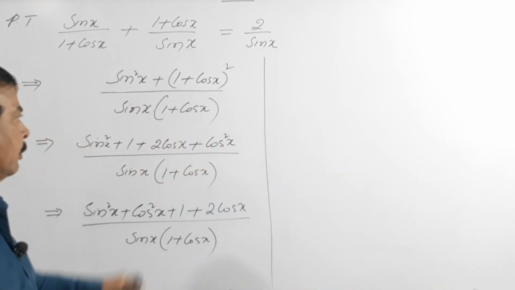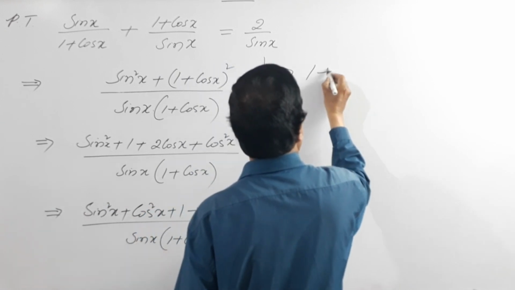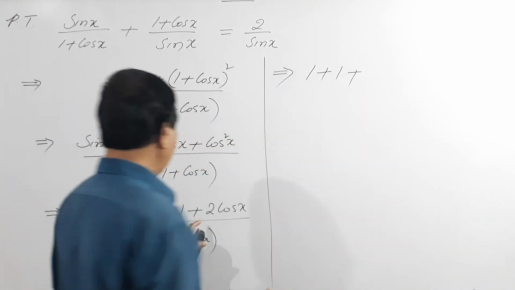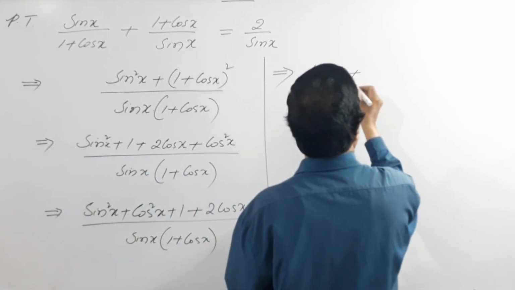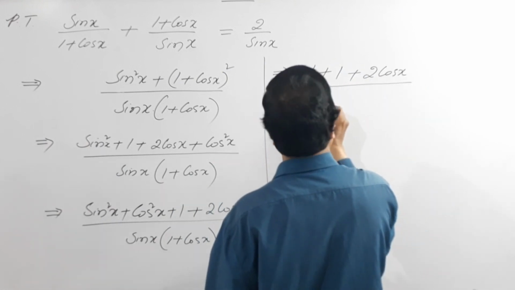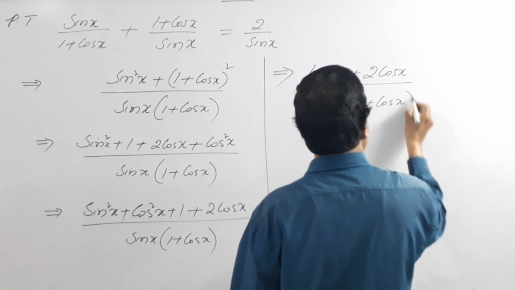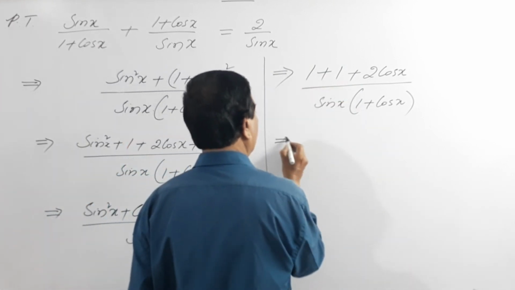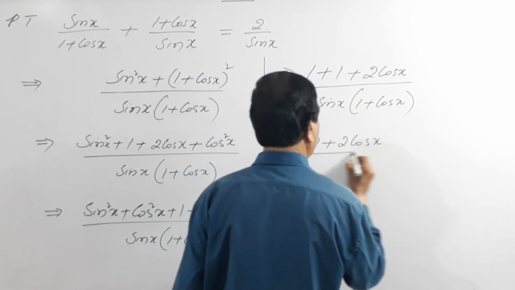So sin square x plus cos square is 1, plus again we have 1 here, 1 plus 2 cos x divided by sin x into 1 plus cos x. So 1 plus 1 is 2, that is 2 plus 2 cos x divided by